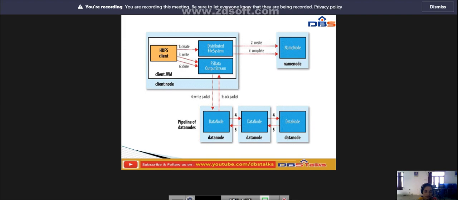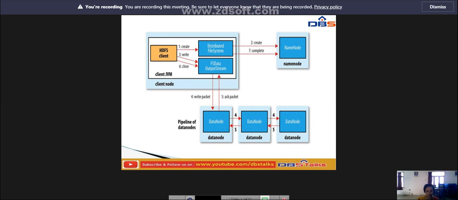After writing the data into the FSDataOutputStream, it writes the packets into the first data node. After that it moves to another data node, and then to another node. Whatever the information is, it is moved to every data node in the pipeline.